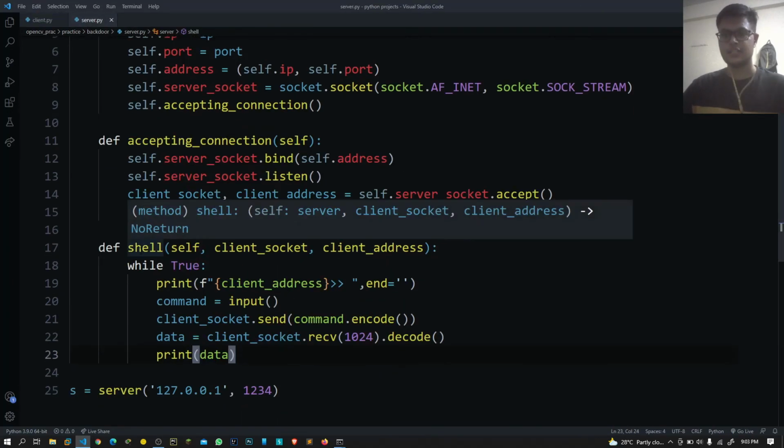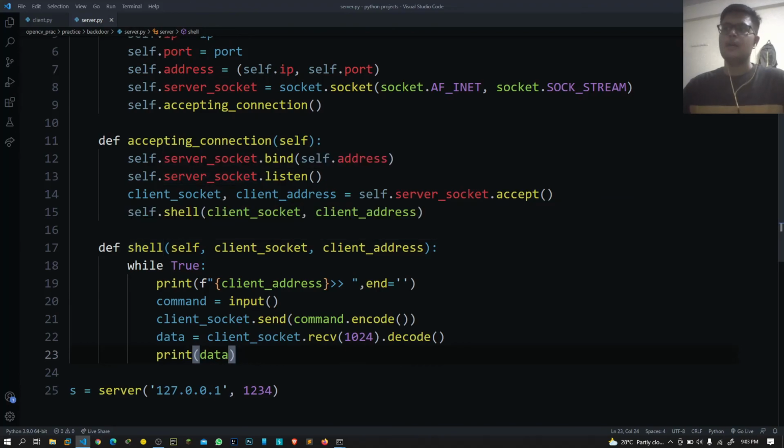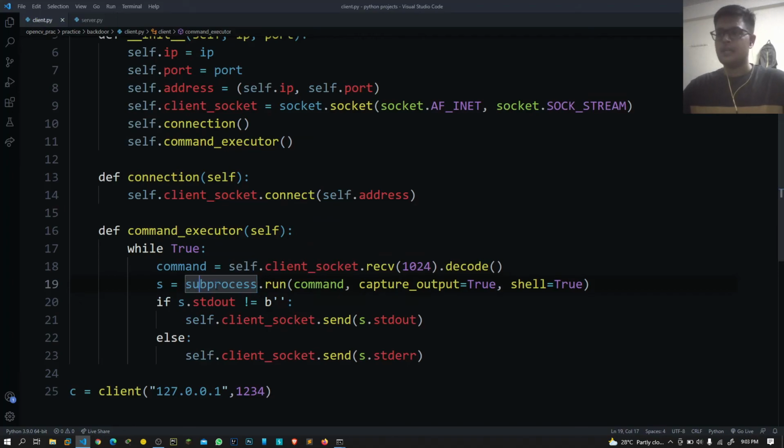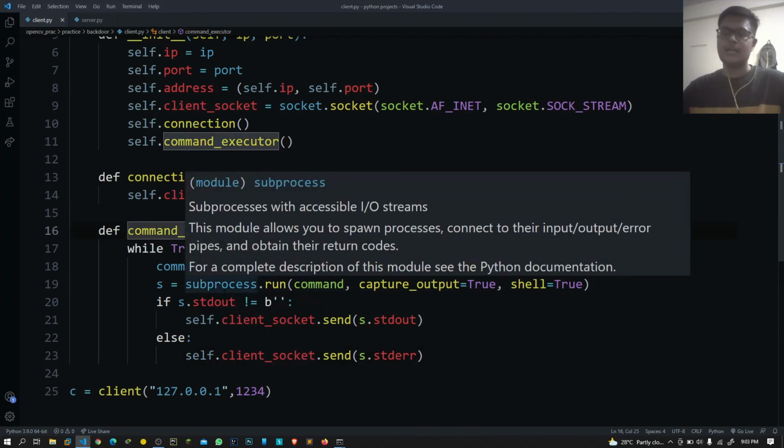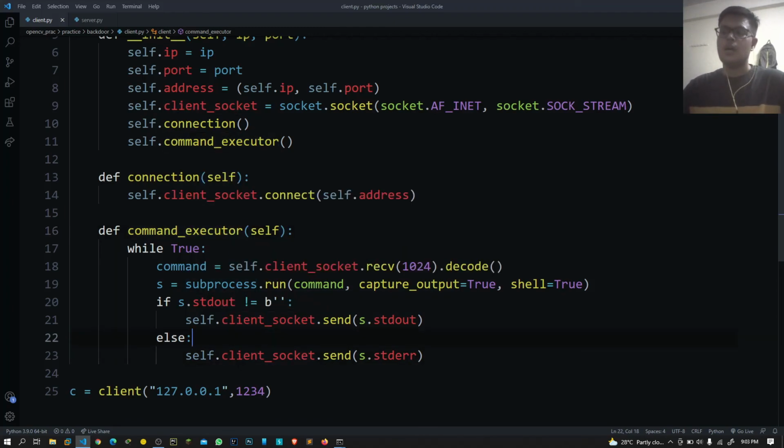After getting the connection from the server side, we send the commands, and the client runs those commands in a subprocess. In the next video we will talk about how to handle bigger outputs by padding, and how to handle different commands like cd, present working directory, clear, and those different things.